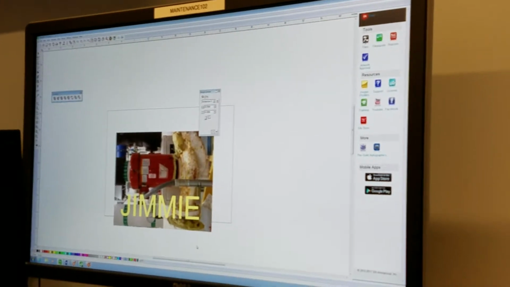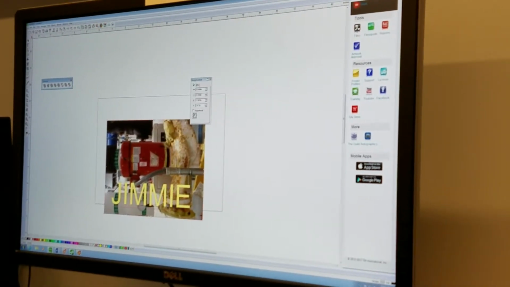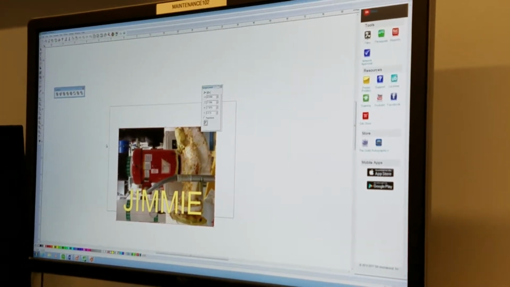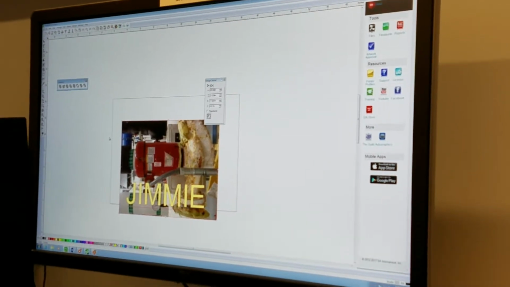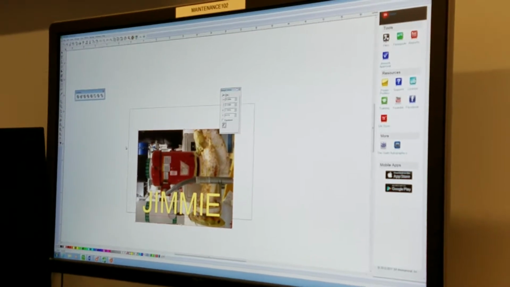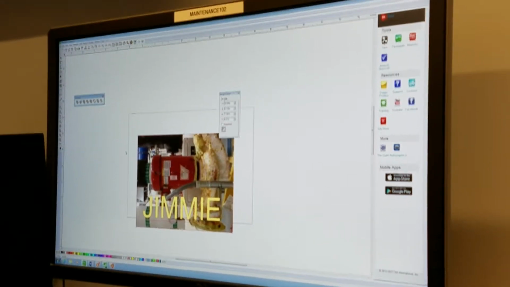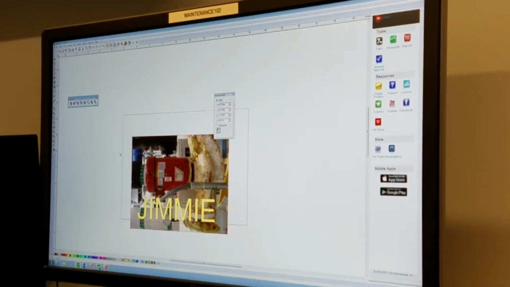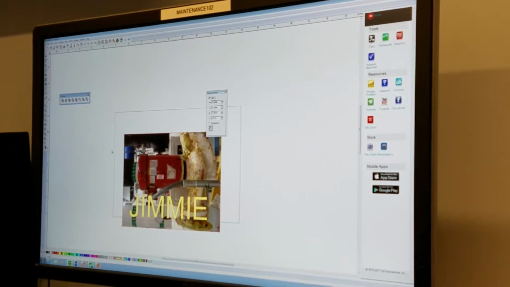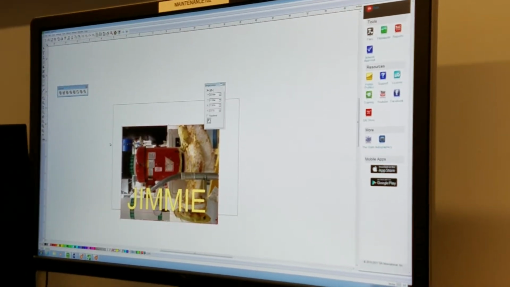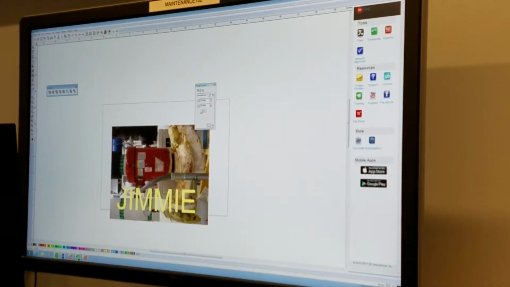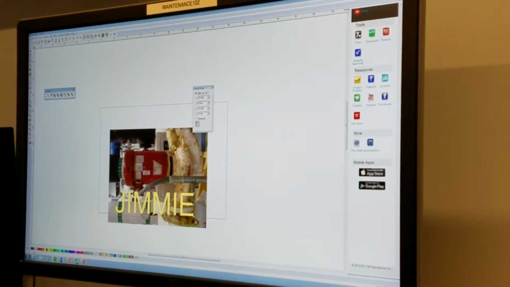So this right here would not be a print and cut, it would be just a straight print. So this one, we would be saving as an EPS file. Because we're just printing this and there's no cut to it, we don't necessarily have to save it as an EPS file. We can save it as a bitmap file because there's no cut. The cutting needs that vector information, and that's why you would save it as an EPS. Once you save it as a bitmap, you've stripped out all the vector information. So if we were just printing this, it's just saving it as a JPEG or a TIFF or a bitmap or whatever. But if we decided to say, okay, I want to cut this area out right here, I would have